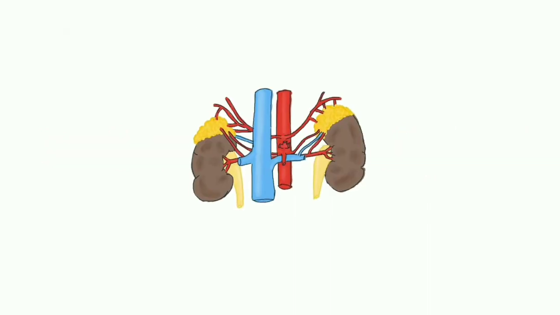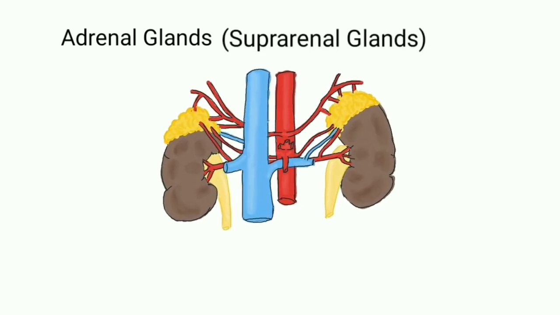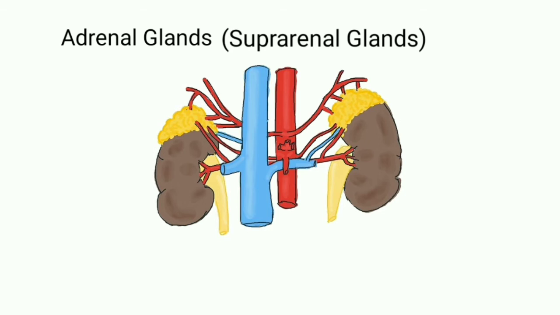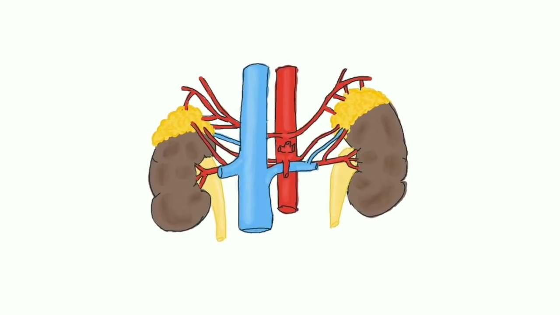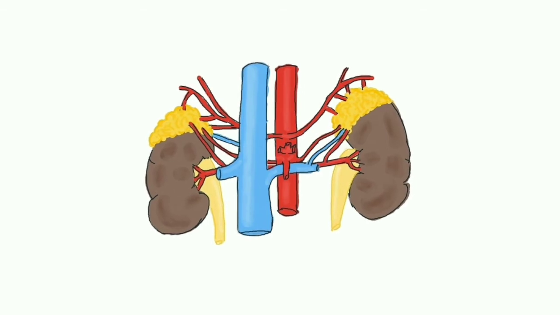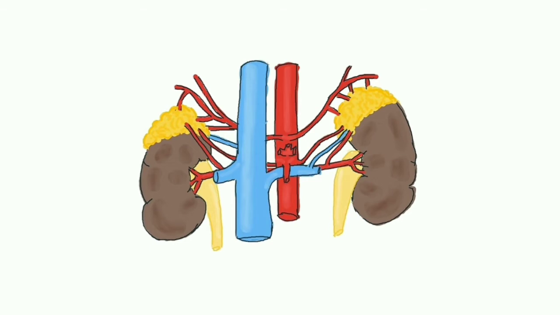Today I am going to deal with the topic anatomy of adrenal gland. The adrenal glands or suprarenal glands are paired endocrine glands that are situated in the posterior abdomen on either side of the vertebral column, above the kidneys at the level of the last thoracic vertebra T12 and below the diaphragm.